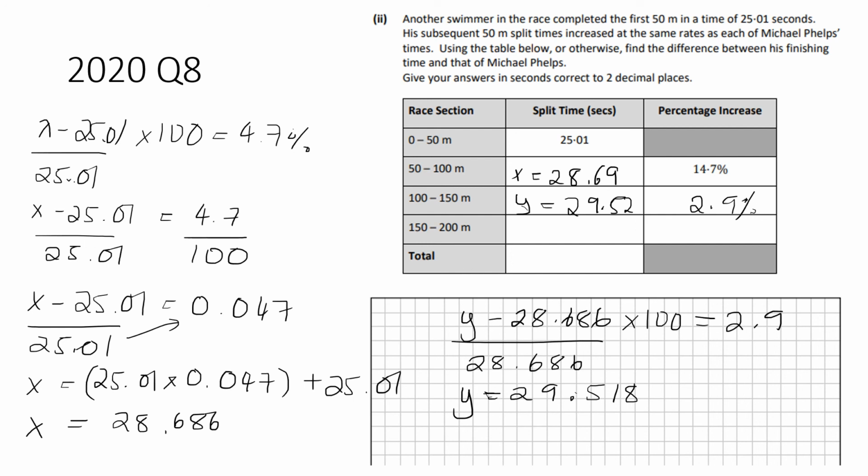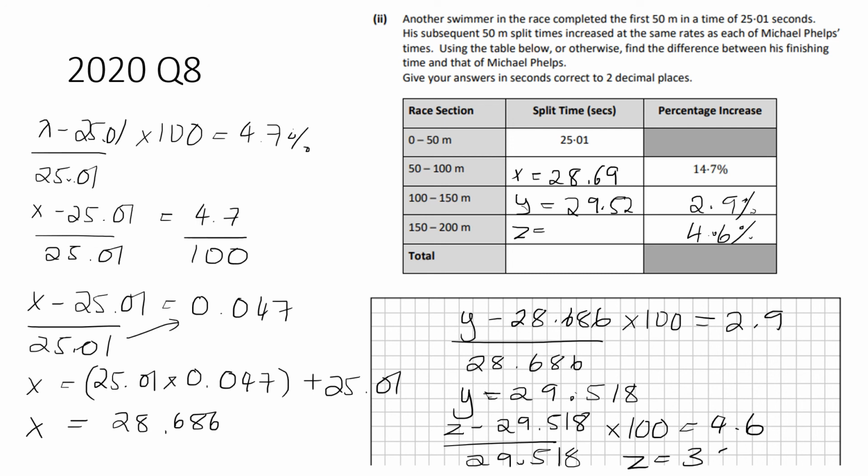And then I'm just trying to find the last one here, which is Z. That has a percentage of 4.6%. So for Z, I do Z minus 29.518 over 29.518 times 100, and make it equal to 4.6. And same thing again, do 4.6 divided by 100, multiply it by 29.518, and then add 29.518, and you end up with 30.876,